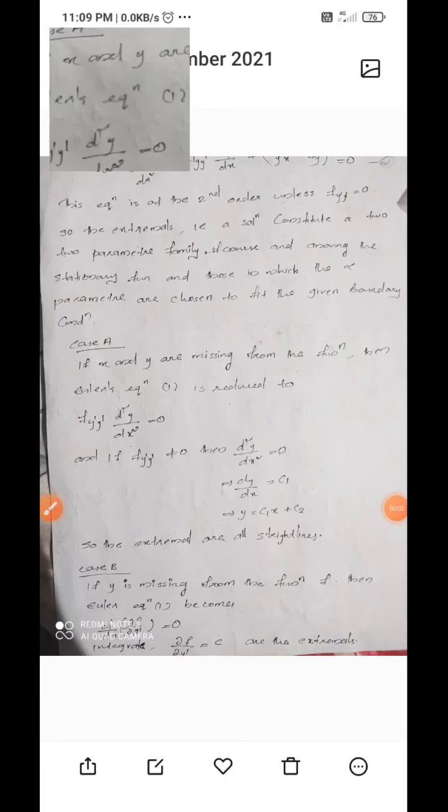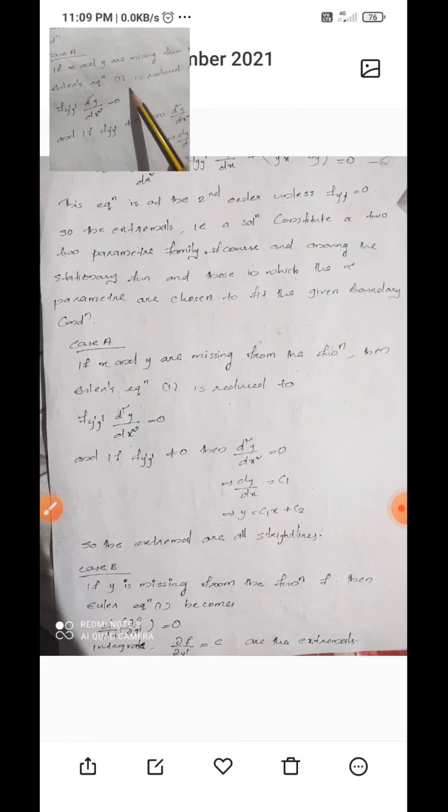Then here we have three cases. We have to discuss the first case, case A. Here we say there are three cases, which we use to make things simple. The first case: if x and y are missing from the function, then the Euler